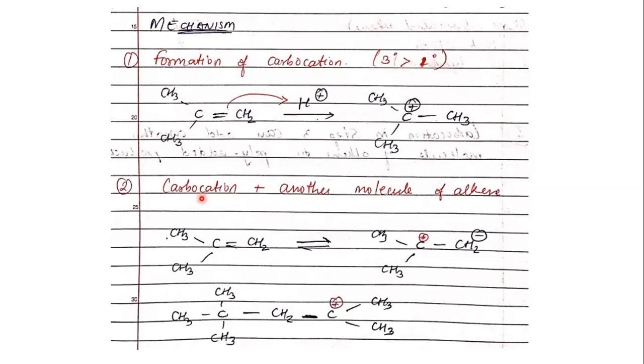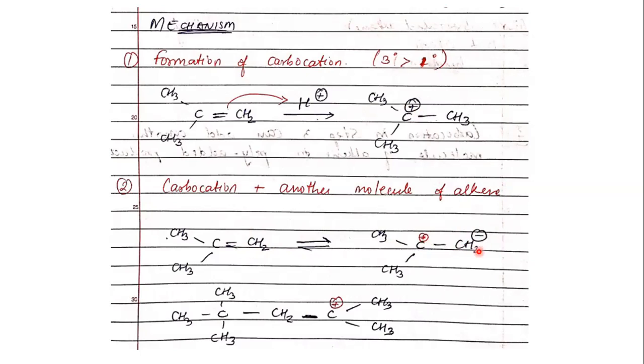So that tertiary carbocation will now react with another molecule of alkene. I've taken a second molecule of the same alkene. What I've done is some rearrangement to make a nucleophile ready. This double bond will shift onto this carbon. This carbon will now develop a negative charge. Because this double bond shifted onto this carbon, the central carbon might develop a slight positive charge. So this nucleophilic carbon is ready. This nucleophilic carbon is now going to attack the positive center of your first alkene, that tertiary carbocation that was formed.